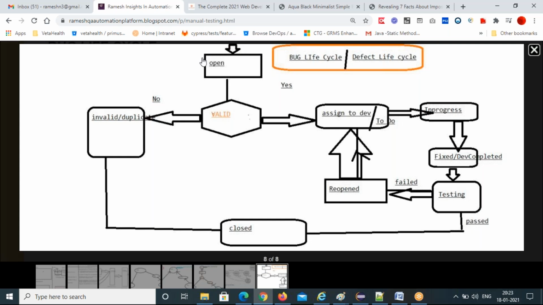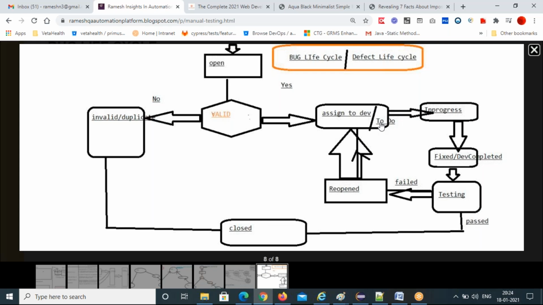So this is the complete bug life cycle. When you file the bug the first time, the status of the bug is open. Then a bug triage meeting will happen, right? In the bug triage meeting, they will check if the bug is valid or invalid. If the bug is valid, then it goes to development and will be in the developer's to-do list.